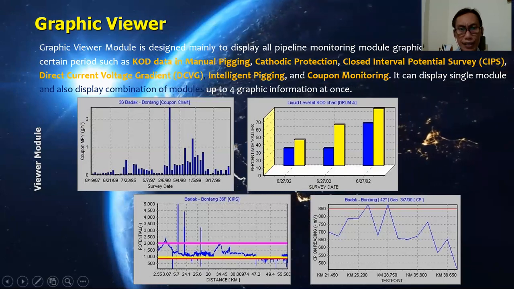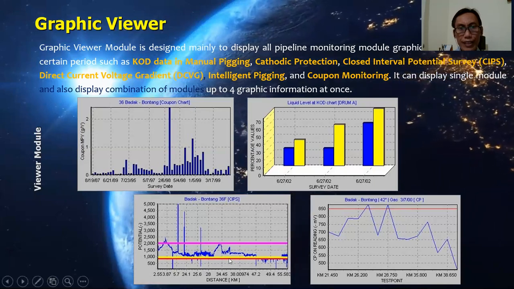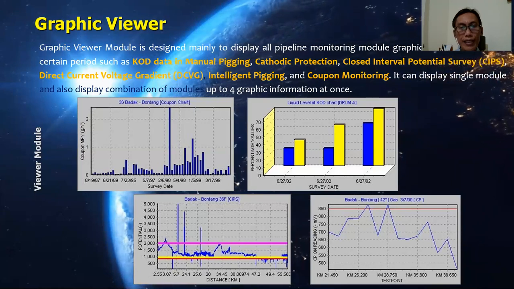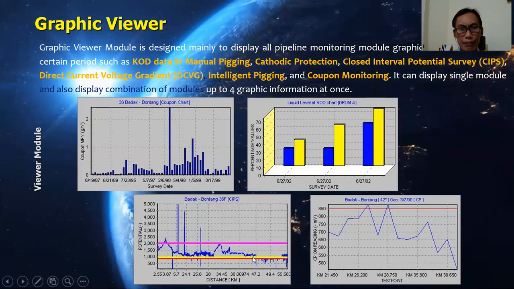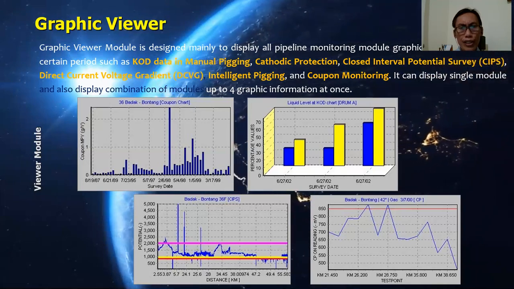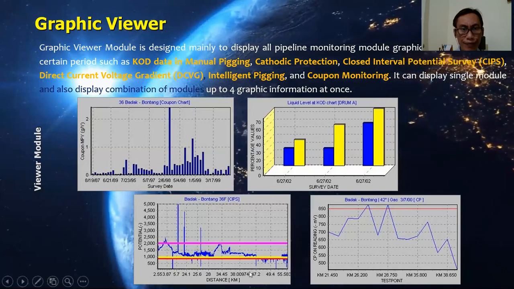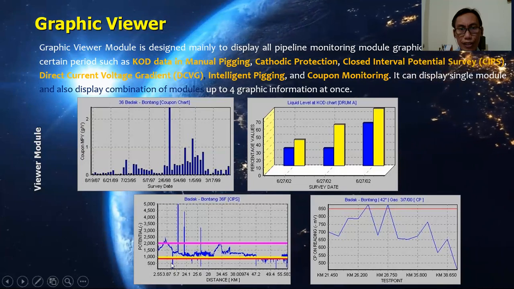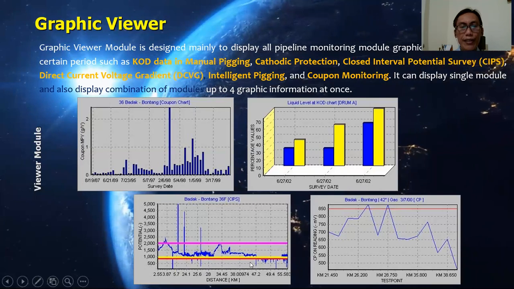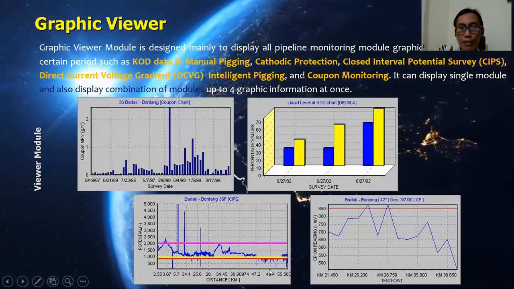In this graphic, we can see the red line means this is the bottom line for the data. No data is allowed below this red line. So if we find data below the red line, it means there is an anomaly or some problem with the pipeline.